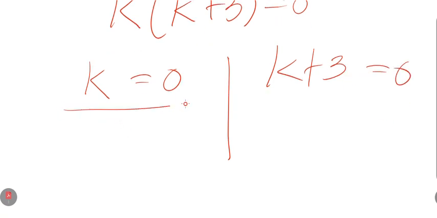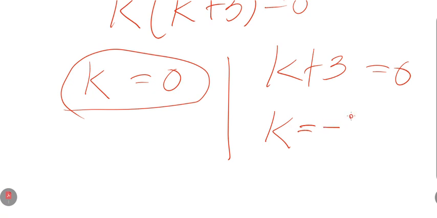So here we have the first answer, k equals 0, and the second one is k equals -3. Okay, all right, so that is how we were able to find